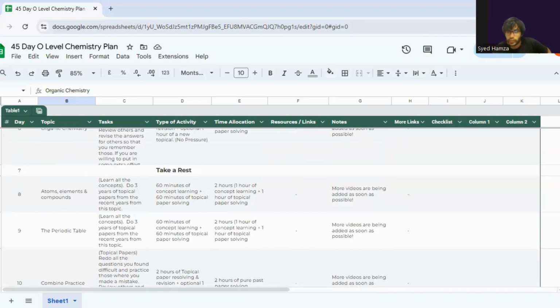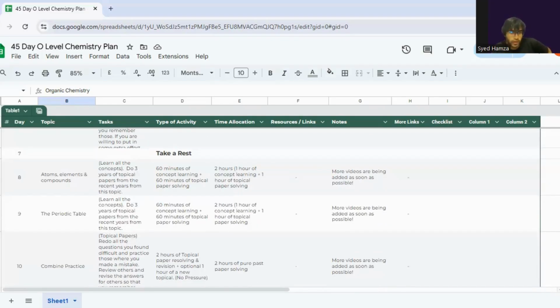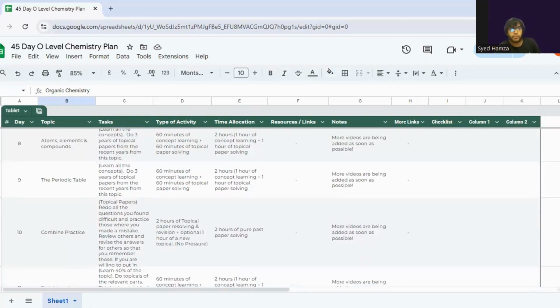You just choose not to study chemistry, and it's important because if you're just going to study every day, it's going to be very hectic. You need a rest. You need a day in between. All right. So ninth day you are at the periodic table. And then 10th, because atoms, elements, and compounds and the periodic table are very much interrelated, the questions are asked interchangeably. So I would suggest that you do it together, as I've mentioned in the sheet, and then you do a combined practice for both. So it is mentioned in the sheet. You can check it out.